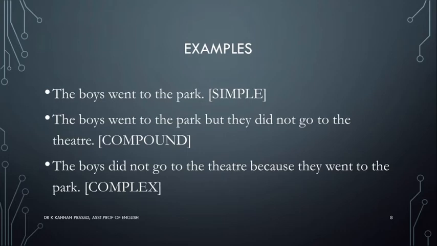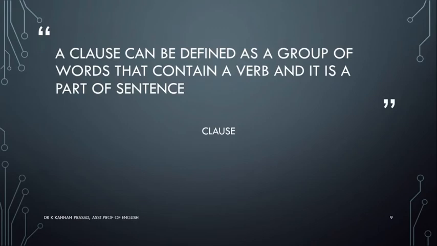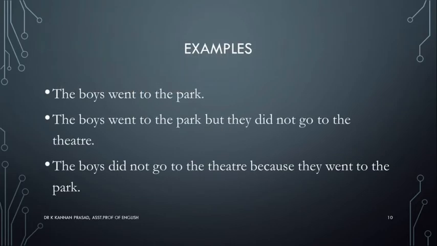Let us go back a little bit and remind ourselves the definition of clause. A clause can be defined as a group of words that contains a verb and it is part of a sentence. We have to break the following sentence into clauses. Once we break them into clauses, we should be able to define the sentence types and find the difference between them. You also need to be aware that we are doing the process of conversion between sentence types in reverse.